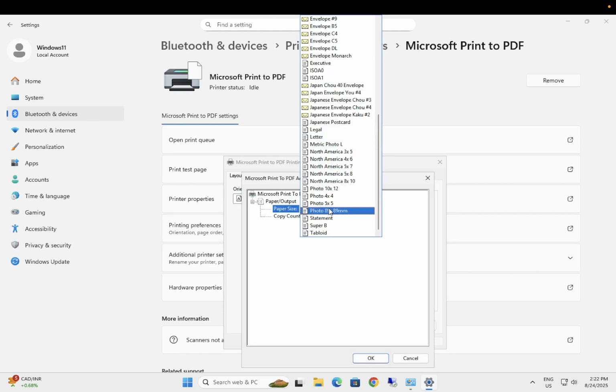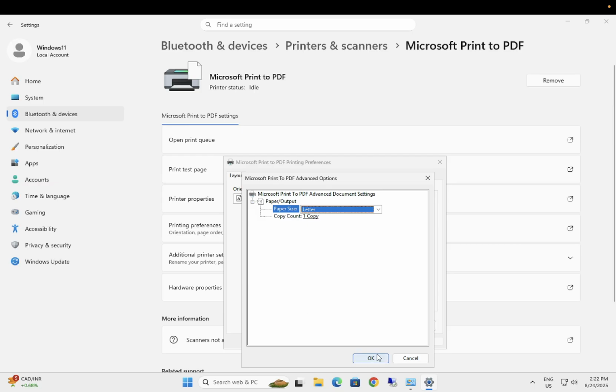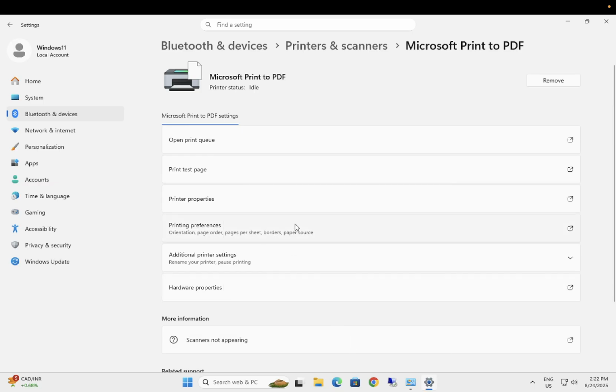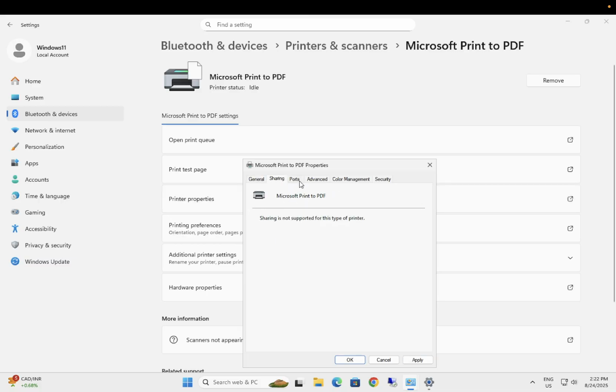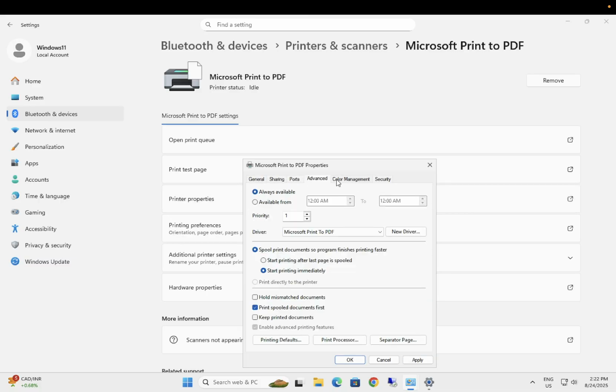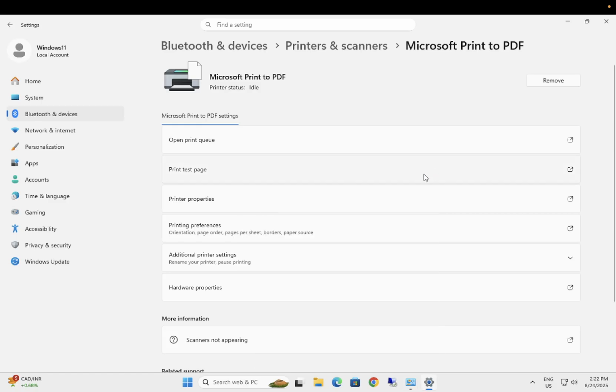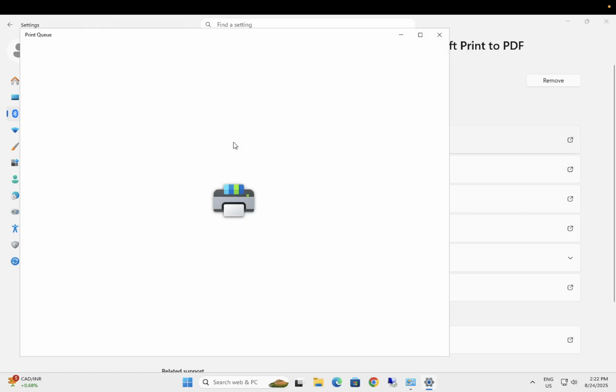Choose the paper size to letter or A4, whatever you like. Okay, then click on OK. Also we can tweak some printer properties as well. Some port details you have. Open print queue,